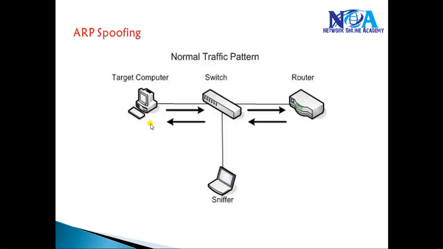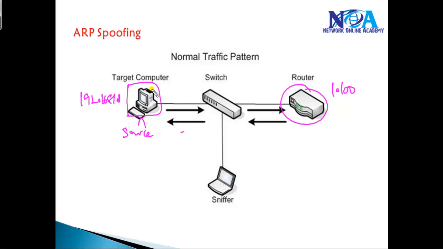Now, an ARP spoofing attack is an attack which is generated based on the ARP request and reply messages. ARP spoofing allows a particular host to spoof the MAC address for any specific IP address. Take an example. In this scenario, there is a target computer as the source, and the source address is, let's say, 192.168.1.1, and it is supposed to communicate with a router which is 192.168.1.100.